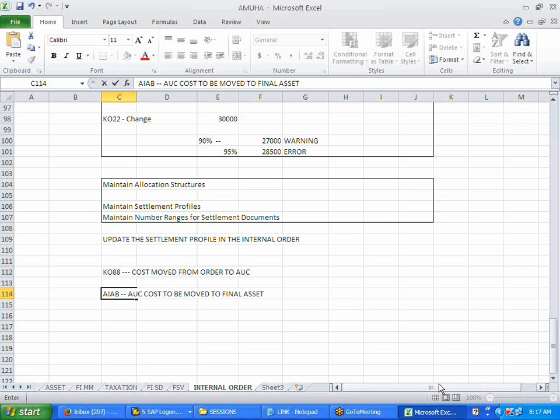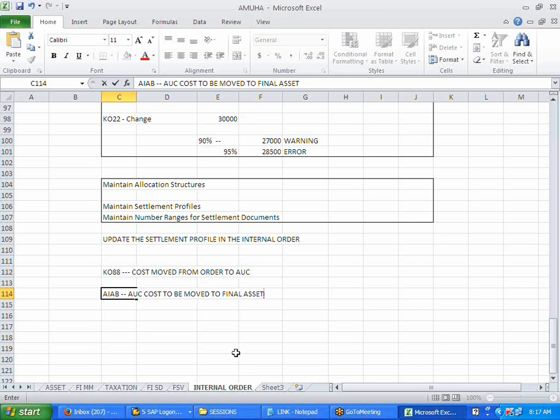Sorry, tell me what you were asking. Is it A1 or AI? AIAB. Oh, okay. So now I want to move this from the AUC asset to the final asset. This is what I want to achieve now. To do this, yesterday we defined a settlement profile, remember?